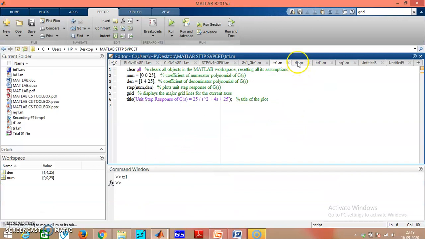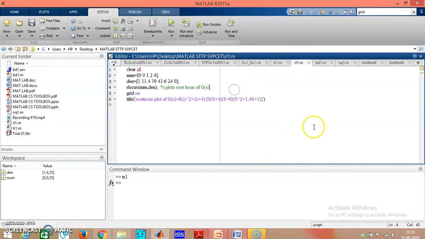So I have already typed this program and saved it as rl1.m in the folder MATLAB. So you are finding this program already saved in that folder. So we will run this program. So I will click on the run button.